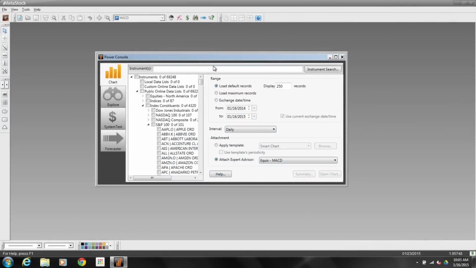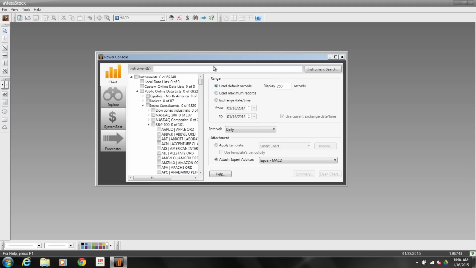In this video, we really want to understand with the system tester how we can take multiple strategies and put them against a list of, say, the NASDAQ 100 to see which of the strategies performs best against all the stocks in the NASDAQ 100, or take a list of strategies to see how they perform against one individual security. So if you're trading, let's say, Apple or Microsoft or Netflix, what you can do is take a list of strategies, put it against that one individual security to see which one of those performs the